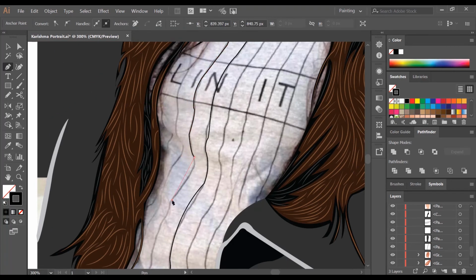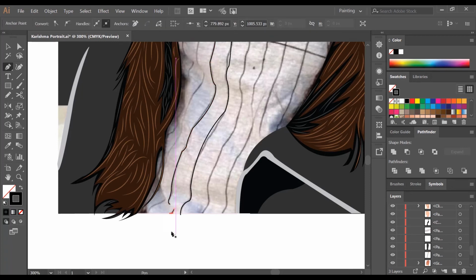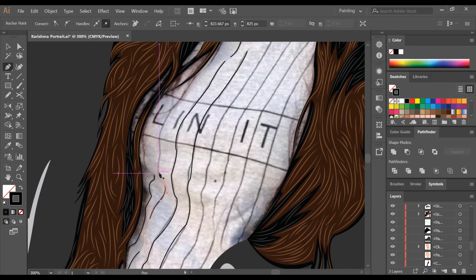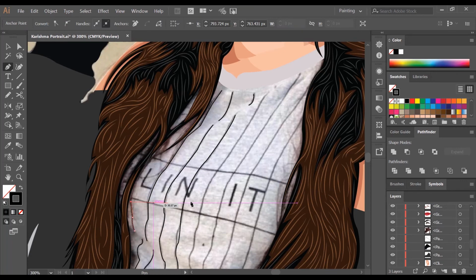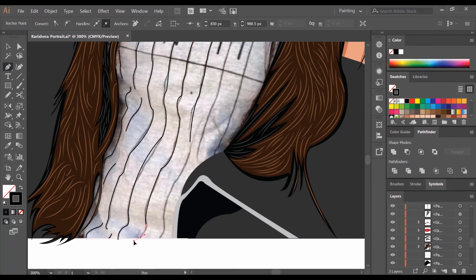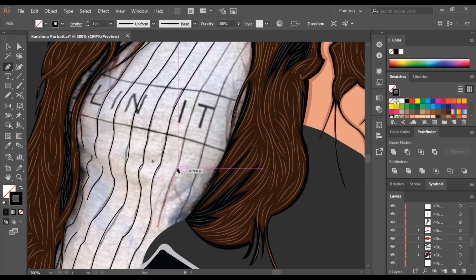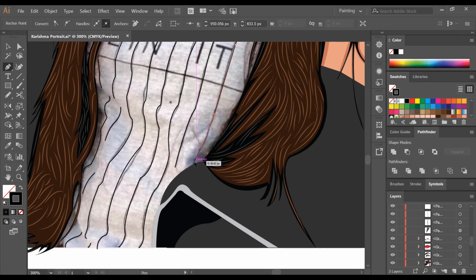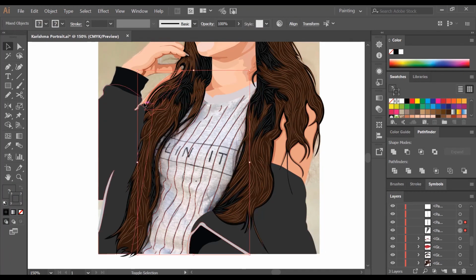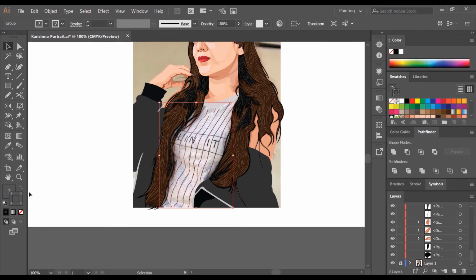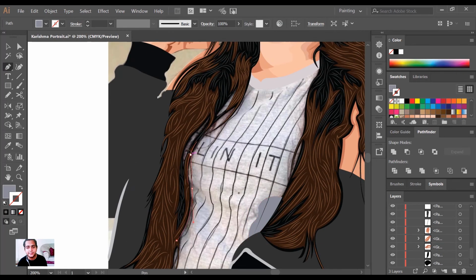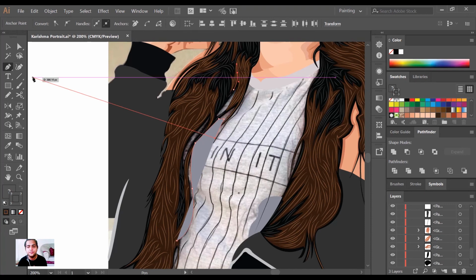The parts which are dark, I am tracing them out and making darker patches so that it gives a proper shadow look.